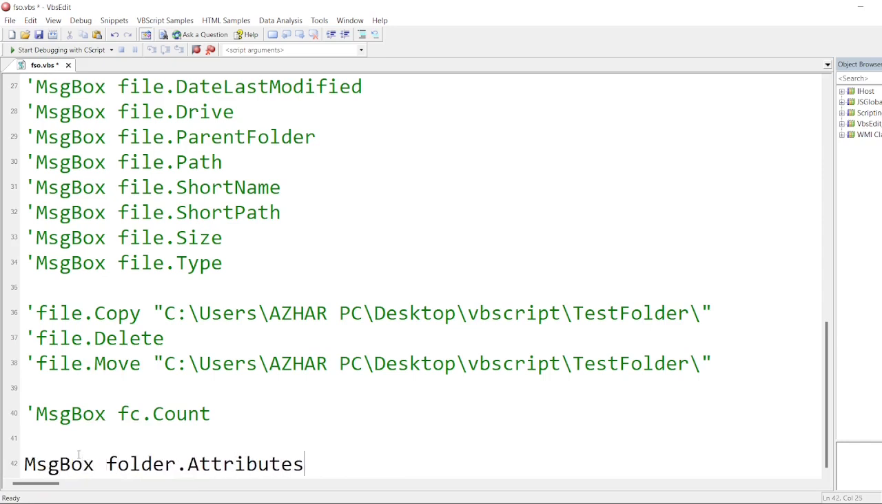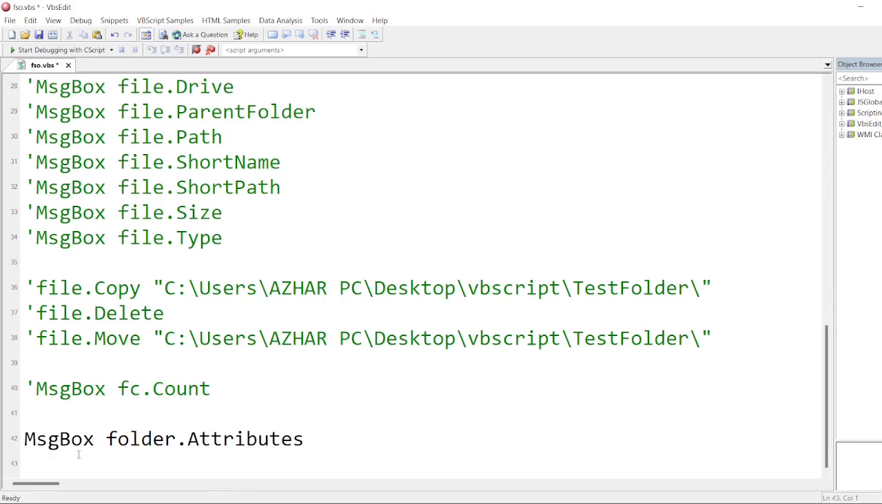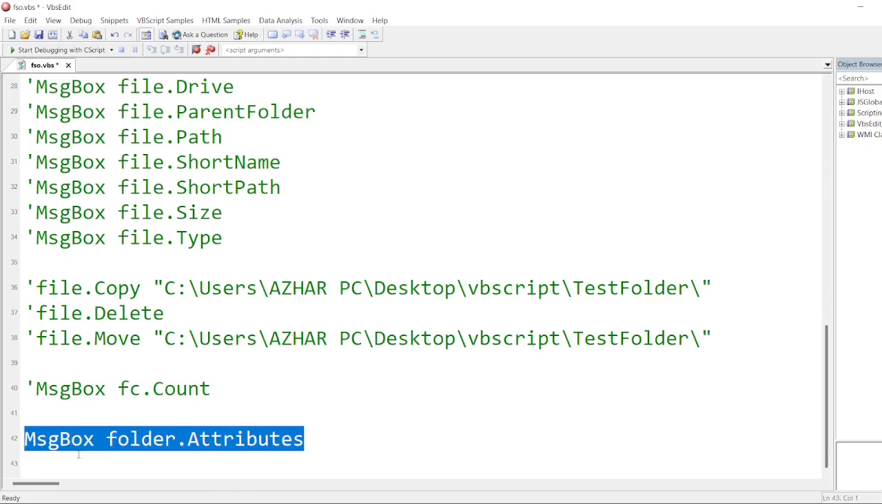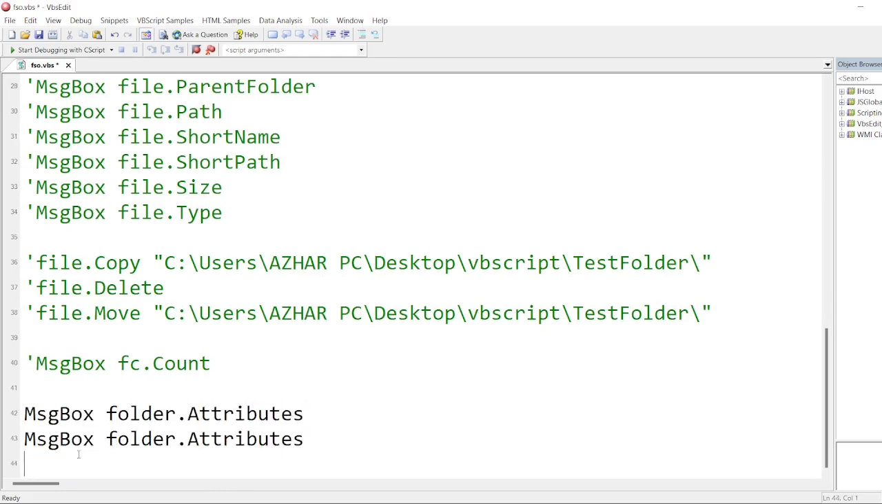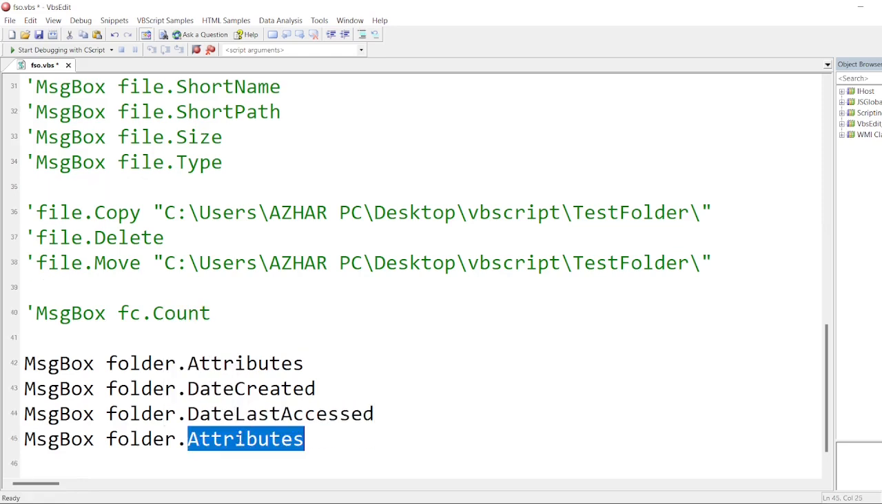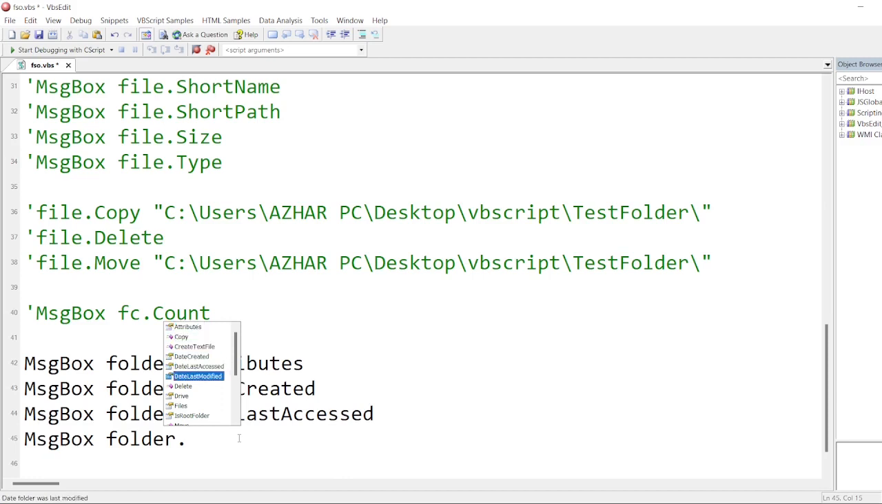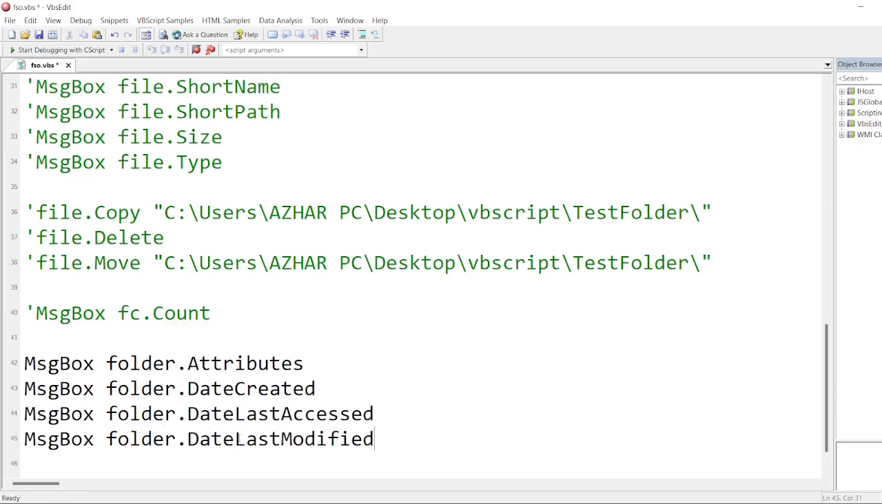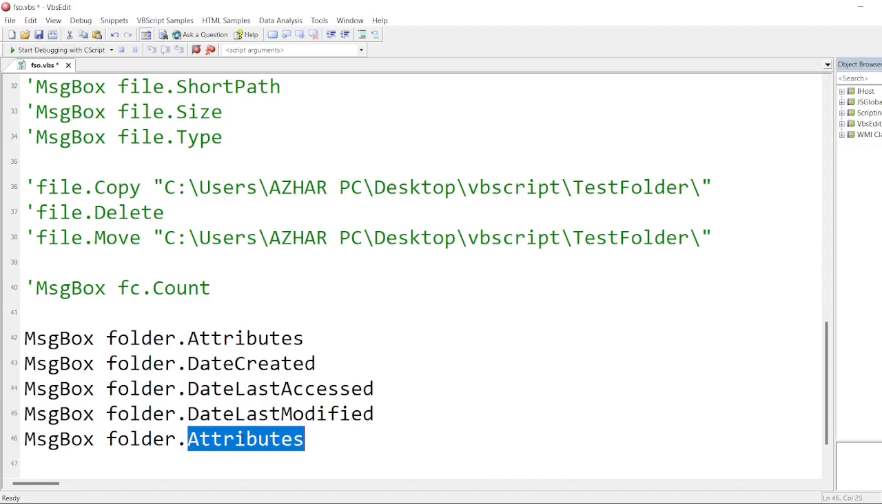Folder dot attributes. Let me copy this. I could paste it one by one. So let's see, folder dot date created. Let's see, folder dot date last accessed. Let's see, folder dot date last modified. So let's see, folder dot